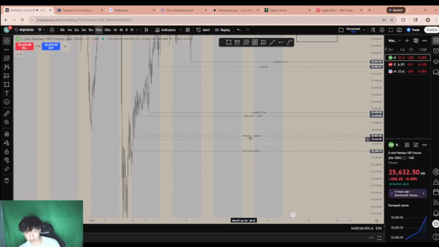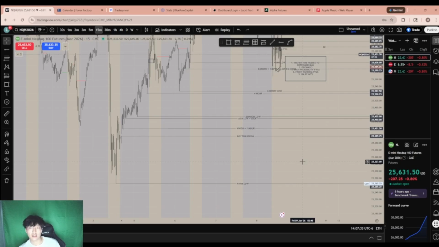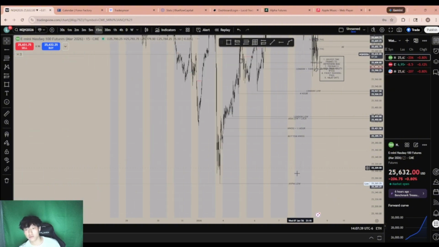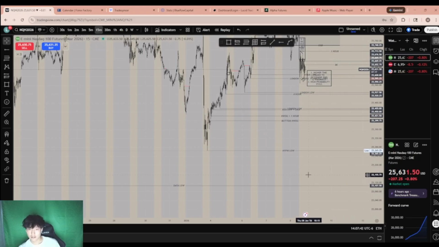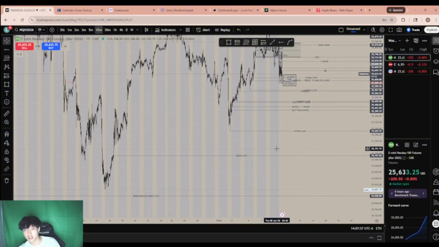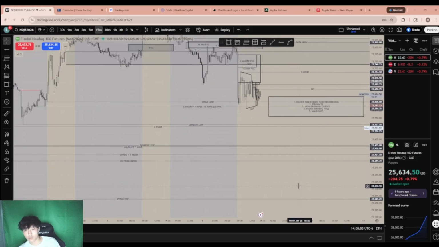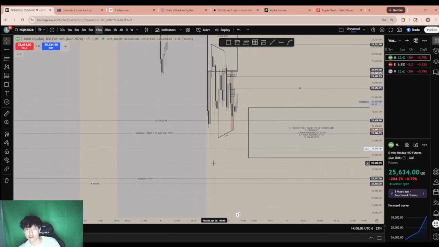And then we got new week opening gap, which 99% of the time always gets filled. And I always mark up the bottom of new week opening gap because it almost gets completely filled. And we got New York PM low all the way down here, which would also be a daily low, but I wouldn't expect that one to get hit. It is pretty far. And this data low, it could come all the way down here, but it's pretty far. I would like to see that though, for personal preference.